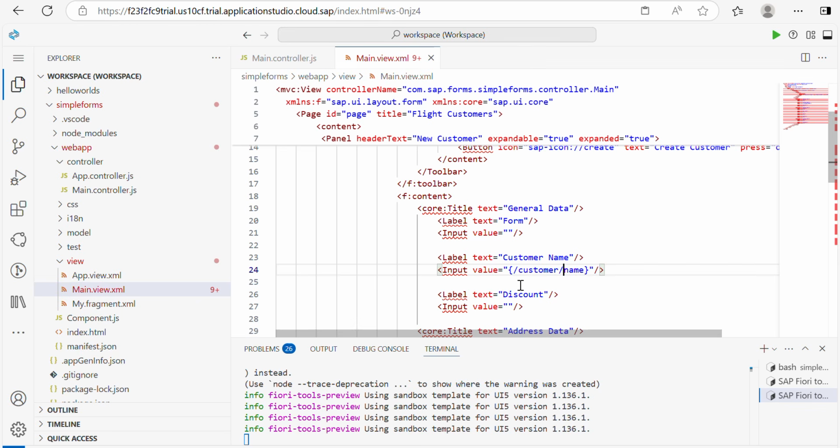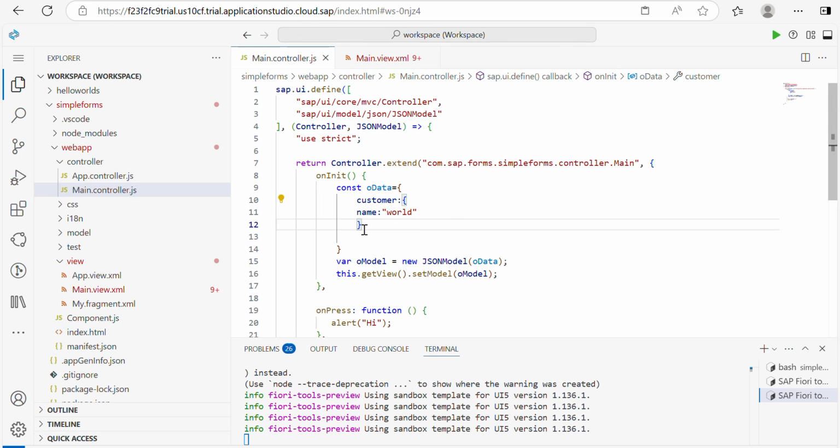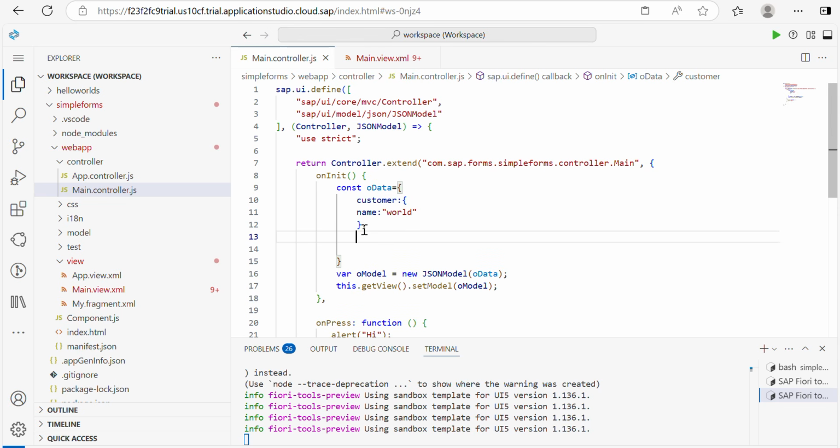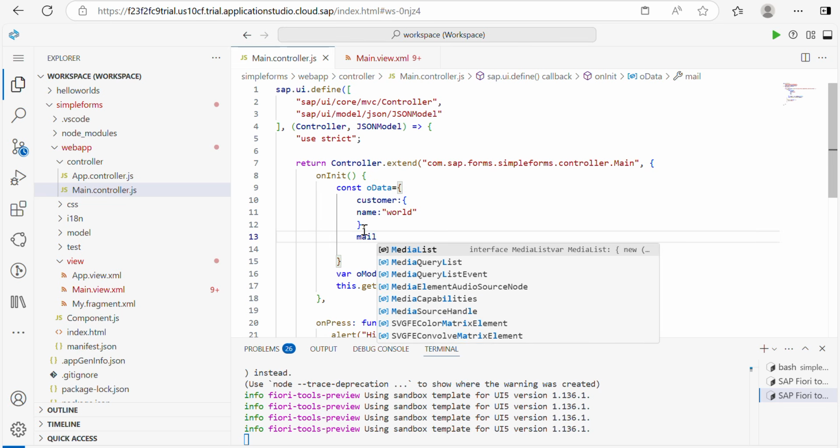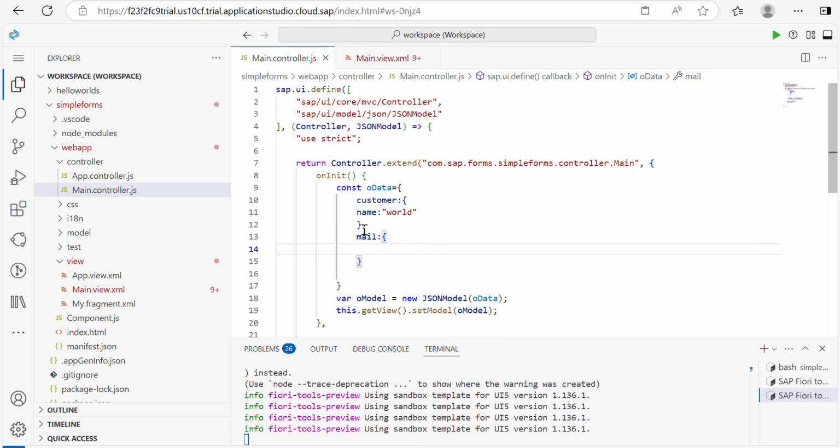Then what will happen? First, within the model, it will jump to the customer. Within the customer, it will take the model. Here, I will do one more thing, comma. Here I will define one more name, mail, colon, here one more object,